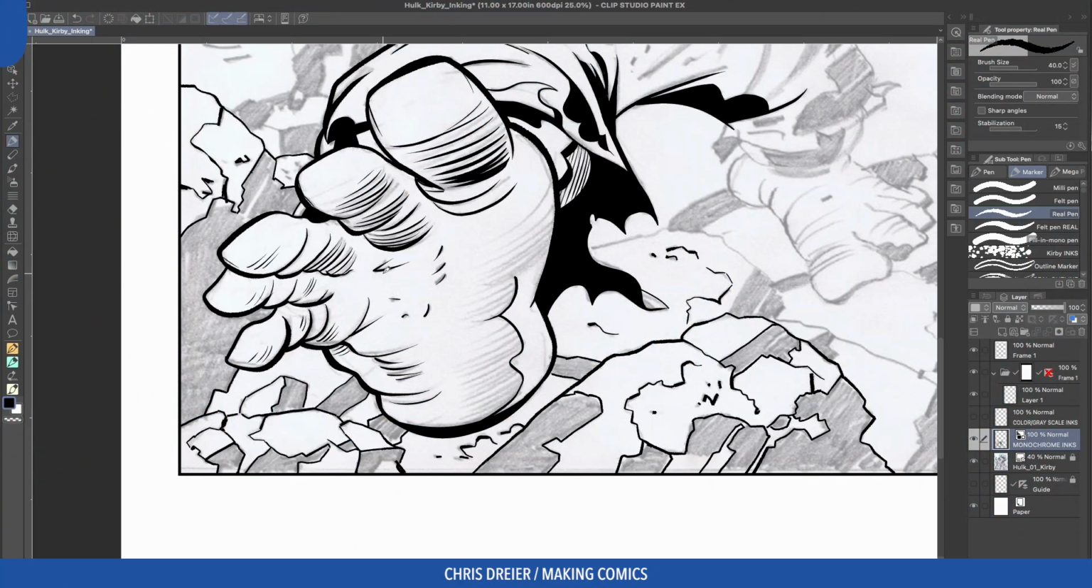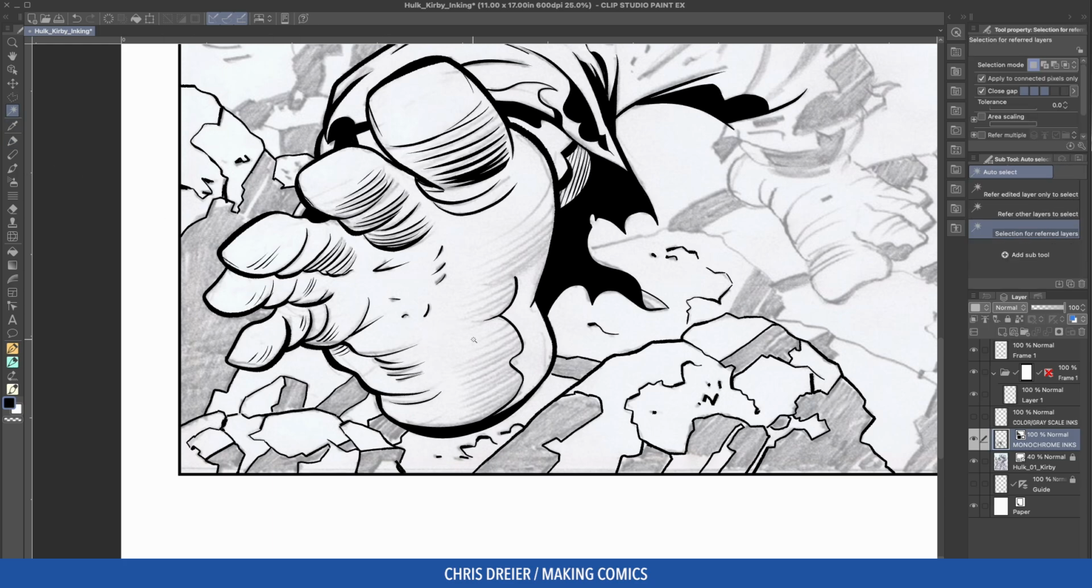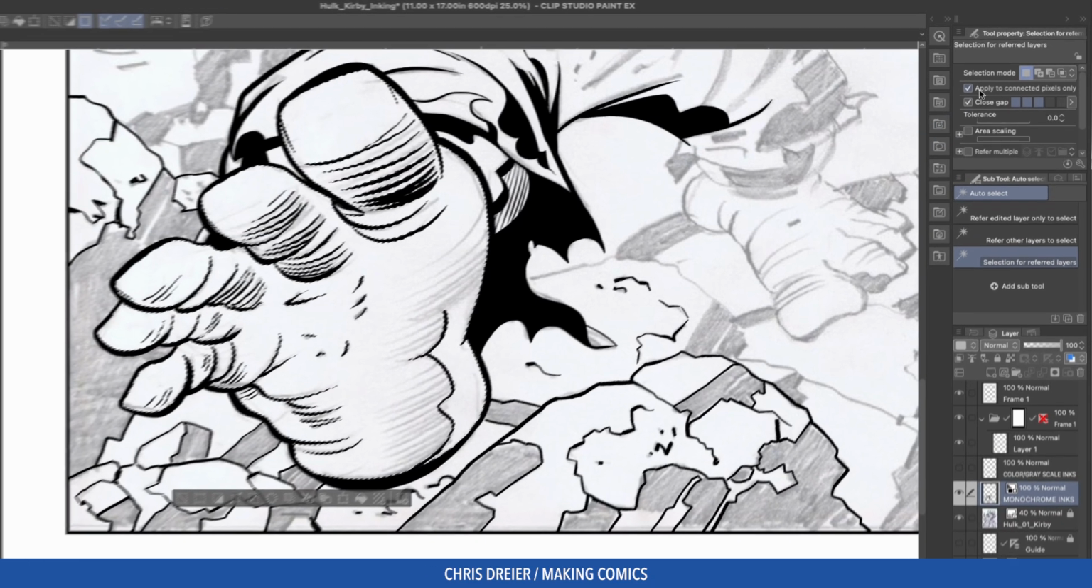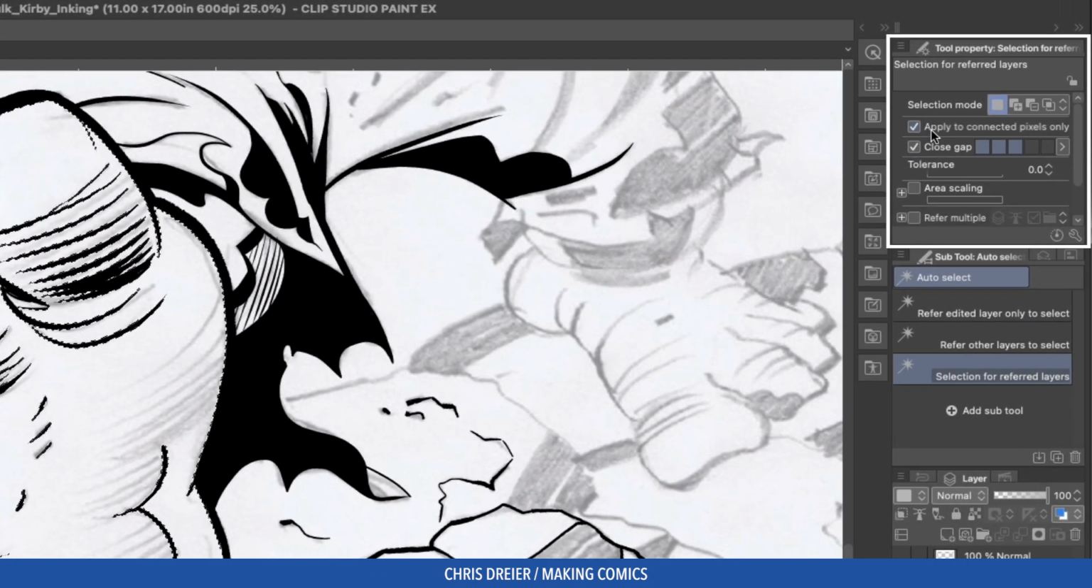The selection tool can be used for a bunch of different things if you want to isolate something and ink and not affect another area. So let's start with that. I'm going to select the foot. Now it fills all the way because it just keeps going. I have it set over here in the properties to apply to connected pixels only. If that was unchecked,